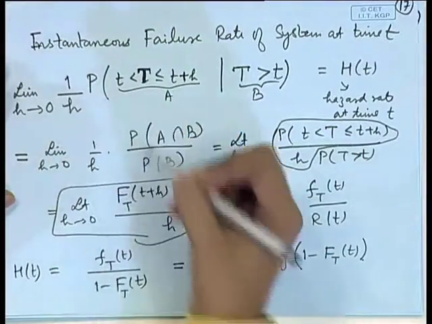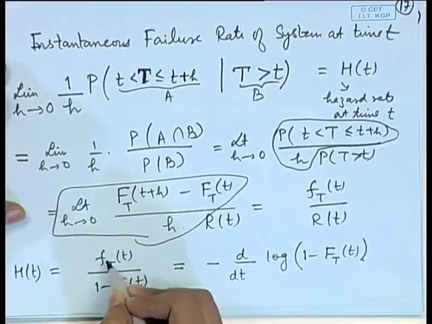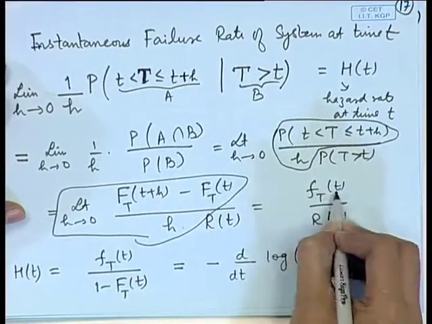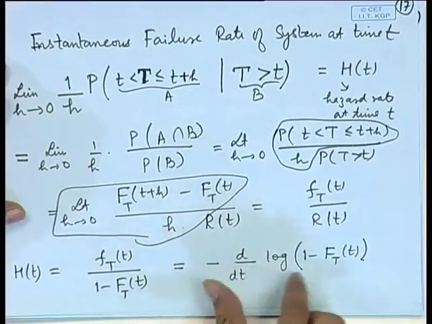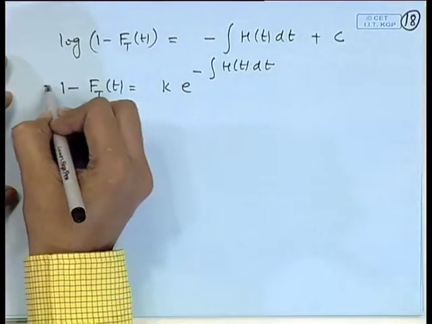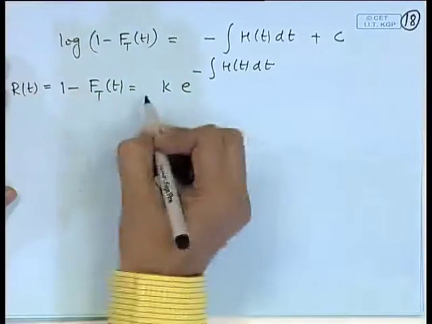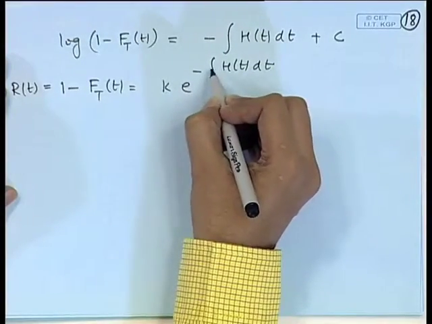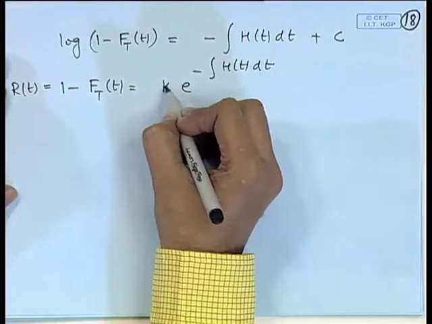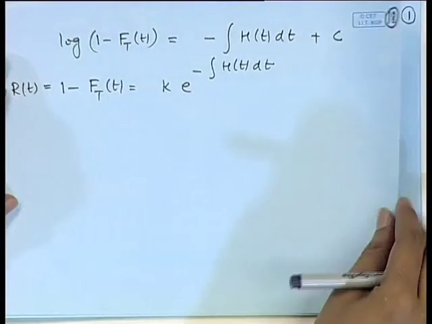We divided by h and calculated the expression for that, and it turns out to be the density function divided by the reliability function, or the density function divided by 1 minus the cumulative distribution function of the system. And there is an inverse relationship also, which we showed, that the reliability of the system is equal to a constant times e to the power minus integral of h(t) dt, where the constant has to be determined from the initial condition. So, now we will show that